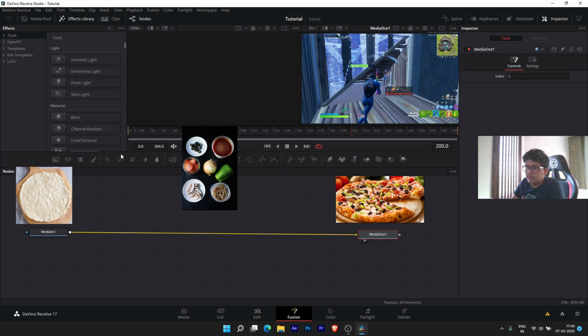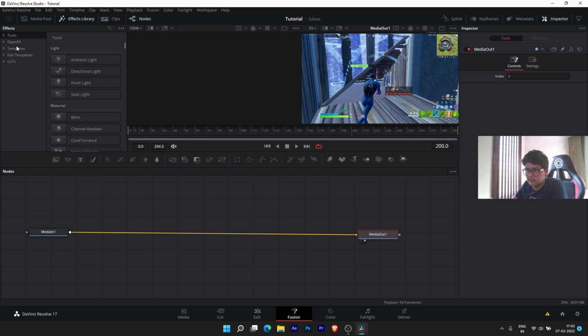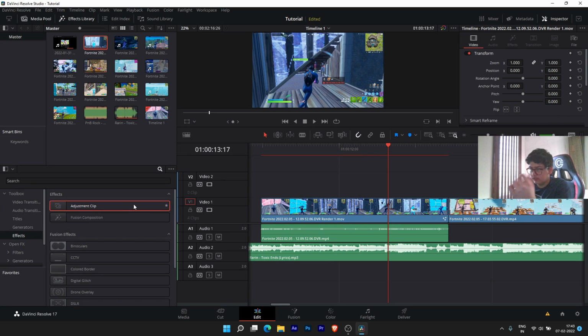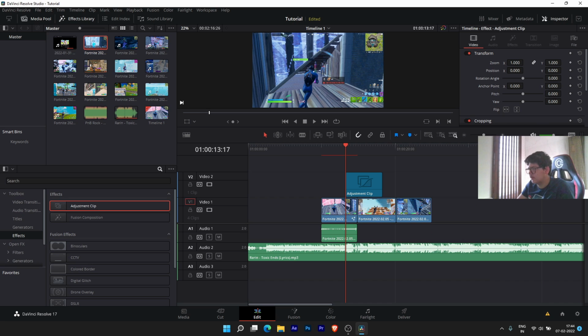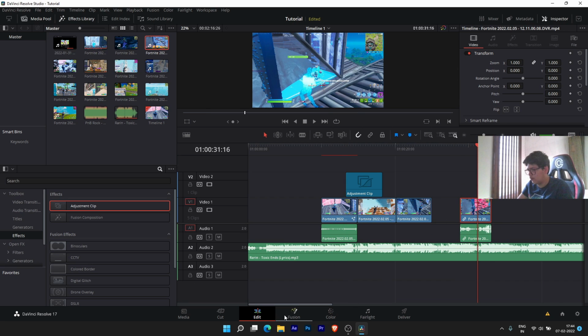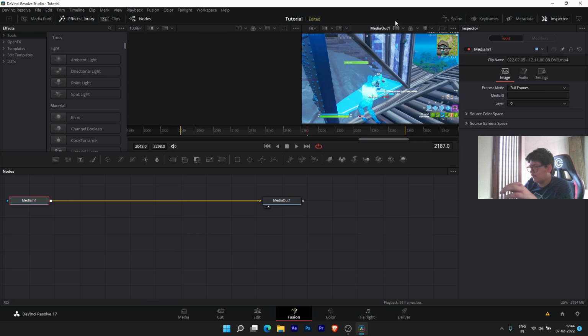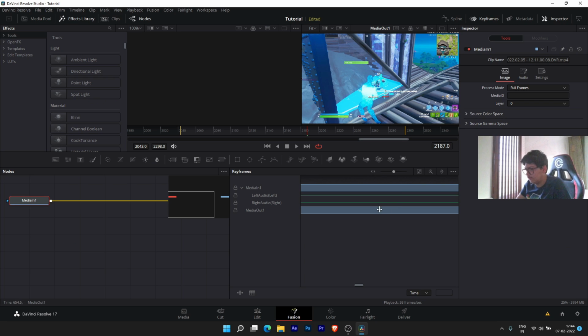Okay, so those that I told are effects. So now do all this in an adjustment clip, because Resolve has a stupid glitch. Suppose this is the clip and I just pre-cut it, like in the preview panel. Now you open it in the Fusion tab and you will see all those keyframes. Here's the toggle keyframes,